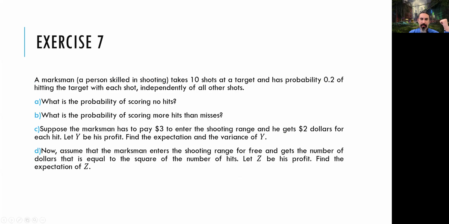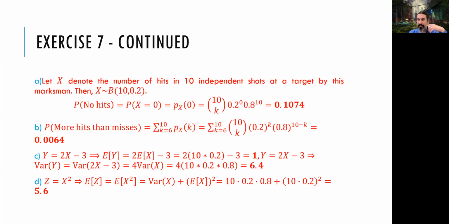And then the variance of Y. Now, the same thing applies here as well. I know that Y is equal to 2x minus 3. This is my income as well. So I have to put it into the variance formula. As you can see, it's 4 times variance x because minus 3 is gone. Variance doesn't care about the constant values, and this coefficient comes out squared. So 4 times variance x. Now variance x for a binomial random variable, again, something we know: N times p times 1 minus p, which is going to give us 6.4.